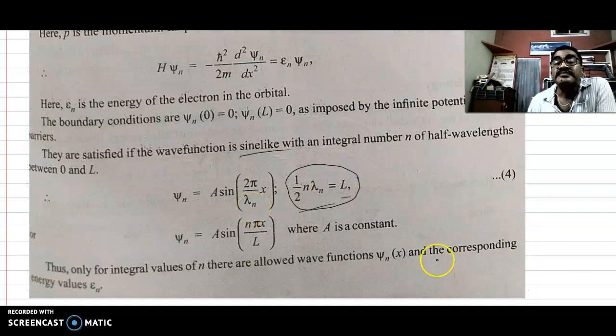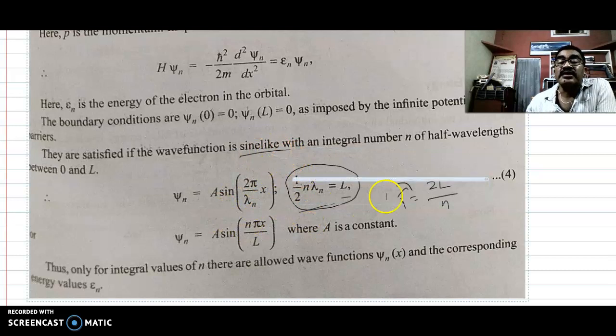So in this case lambda n is equal to twice L by n. If you put twice L by n, we get this equation: lambda n is twice L by n. Twice L cancels, L remains below and n comes above, so this gives the